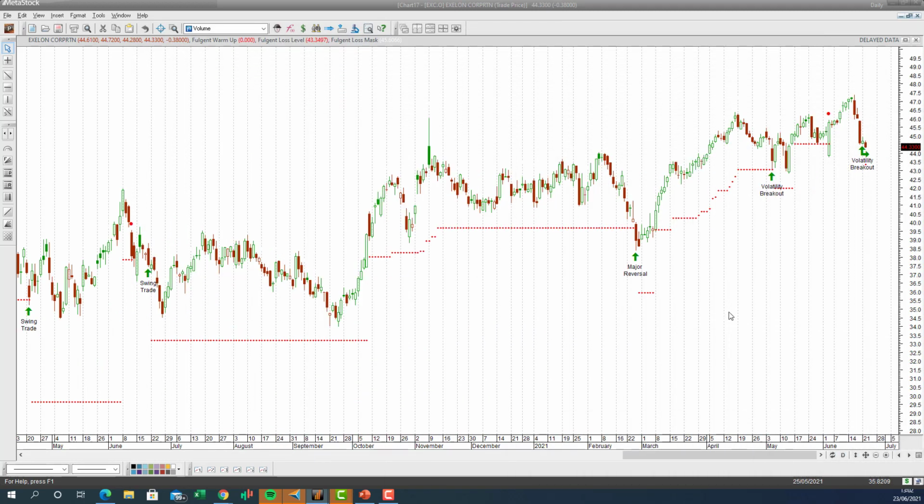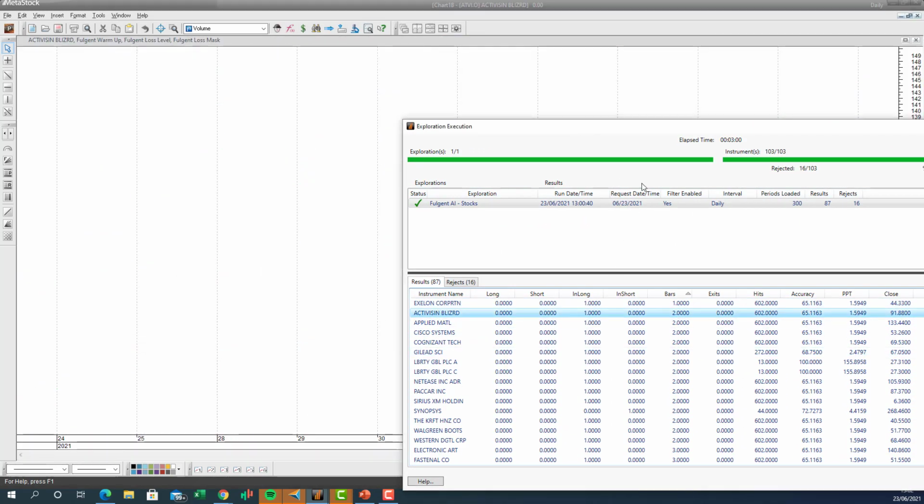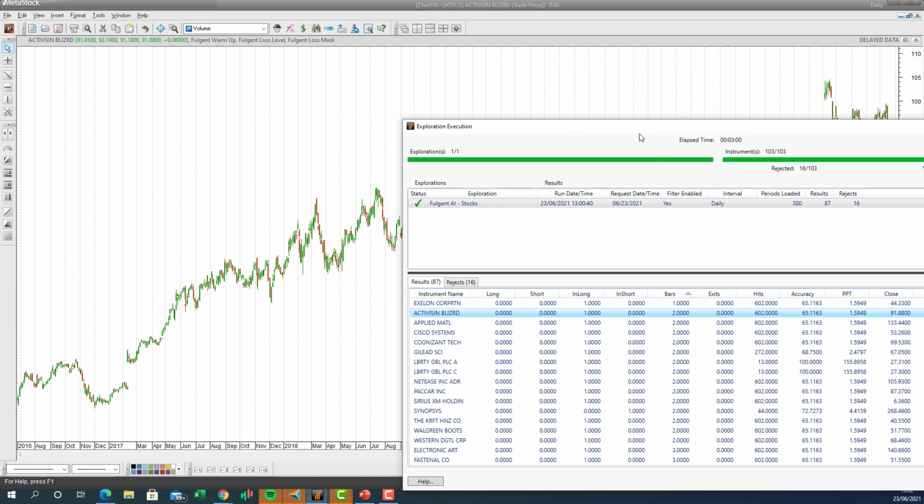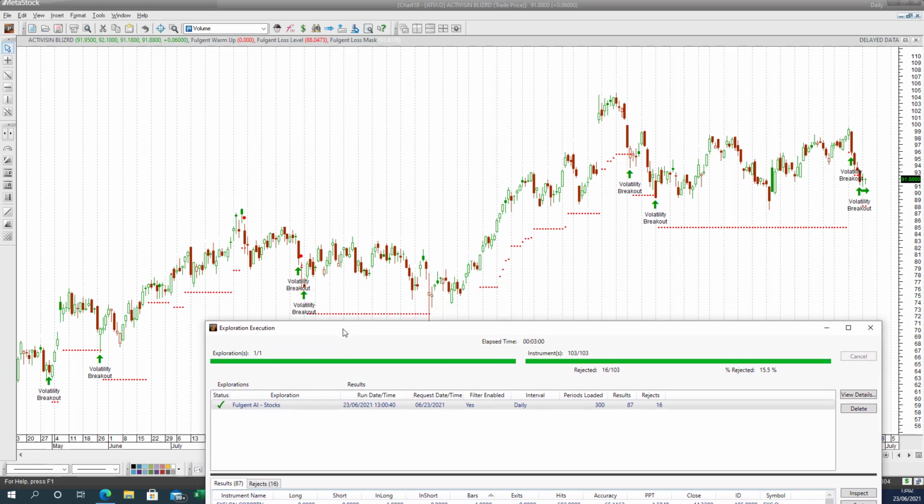You can see our fantastic swing trade down here, another major reversal, quick volatility breakout, and now another volatility breakout in a long. So we'll see if that one's going to work out, but add that one to your watch list. There's another one, Activision Blizzard. So this is number 105 once again. It's a volatility breakout, so we can see